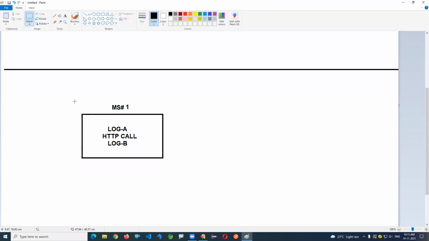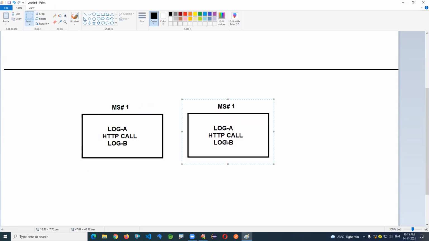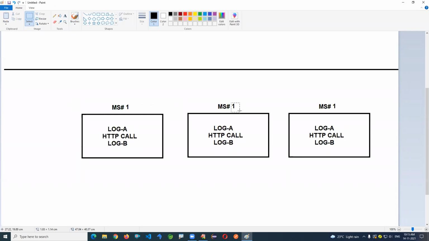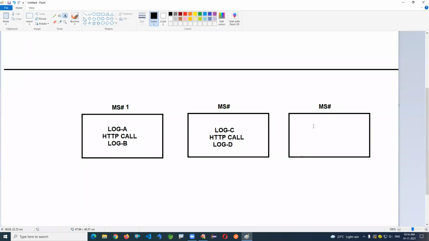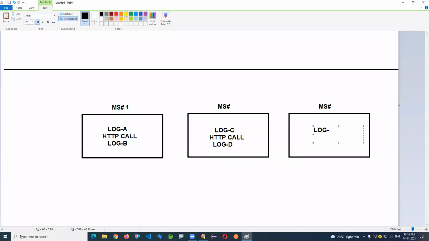We have multiple microservices involved. Some code is available there. Log line C, and again an HTTP call, and log line B. Some log lines I'm just printing, info, debug, warning, errors like that, and some code is there.